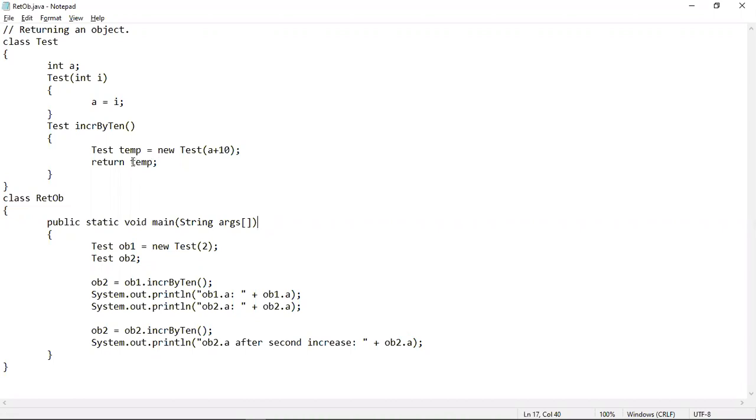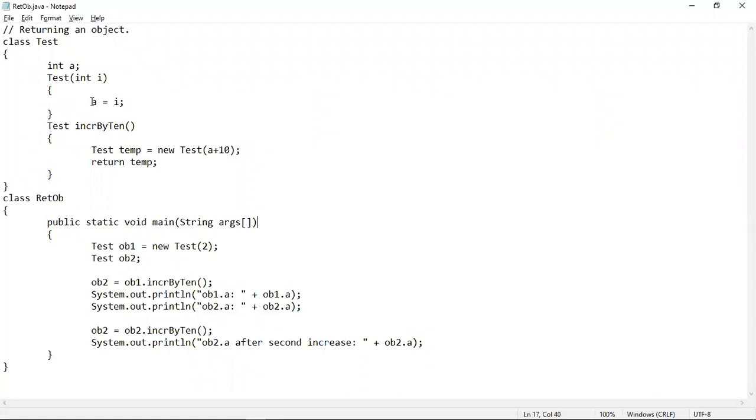And we can see that returning an object means a value that should be returned of a particular class type, because we know that an object holds the copies of the members of its class type. So returning an object means that we are returning values of a particular class type.